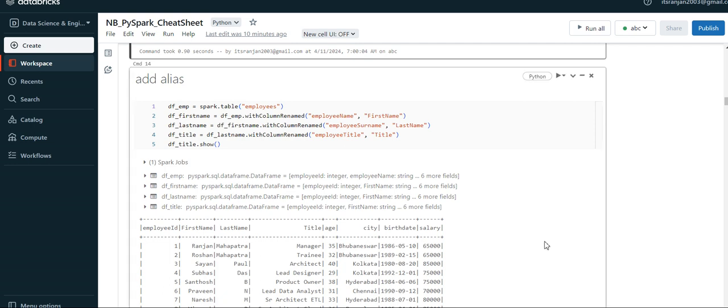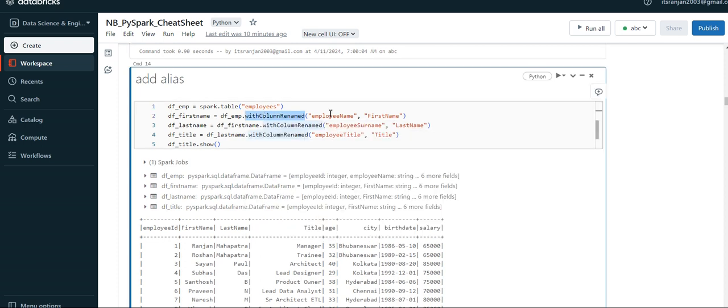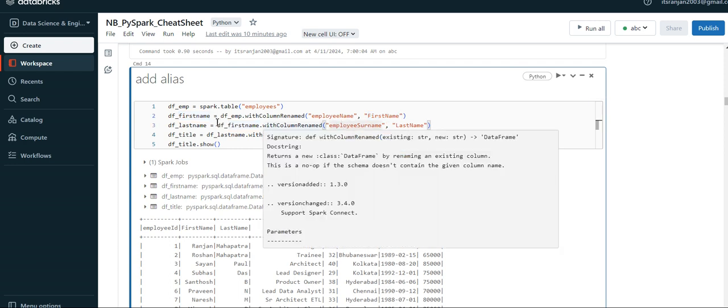Then if you want to add an alias for a field name, you can use withColumnRenamed. For example, my field name was employee name, and I want to rename that to first name. Then I want to rename the surname to last name. So in this way, you can rename it